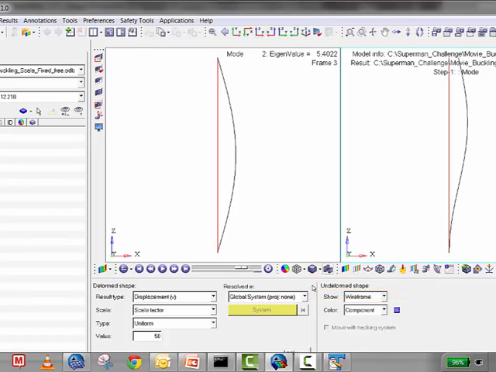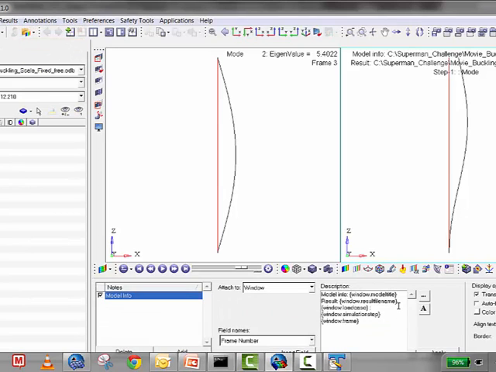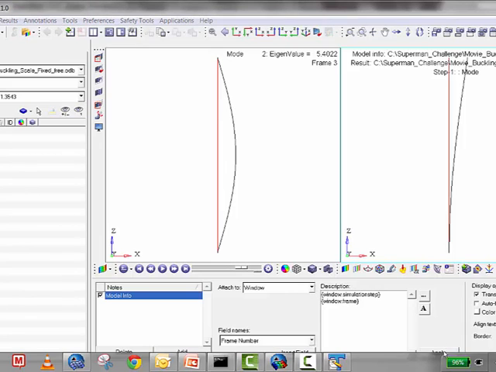And so this is what you see, how it looks. I'll go to the first one, which is in the second